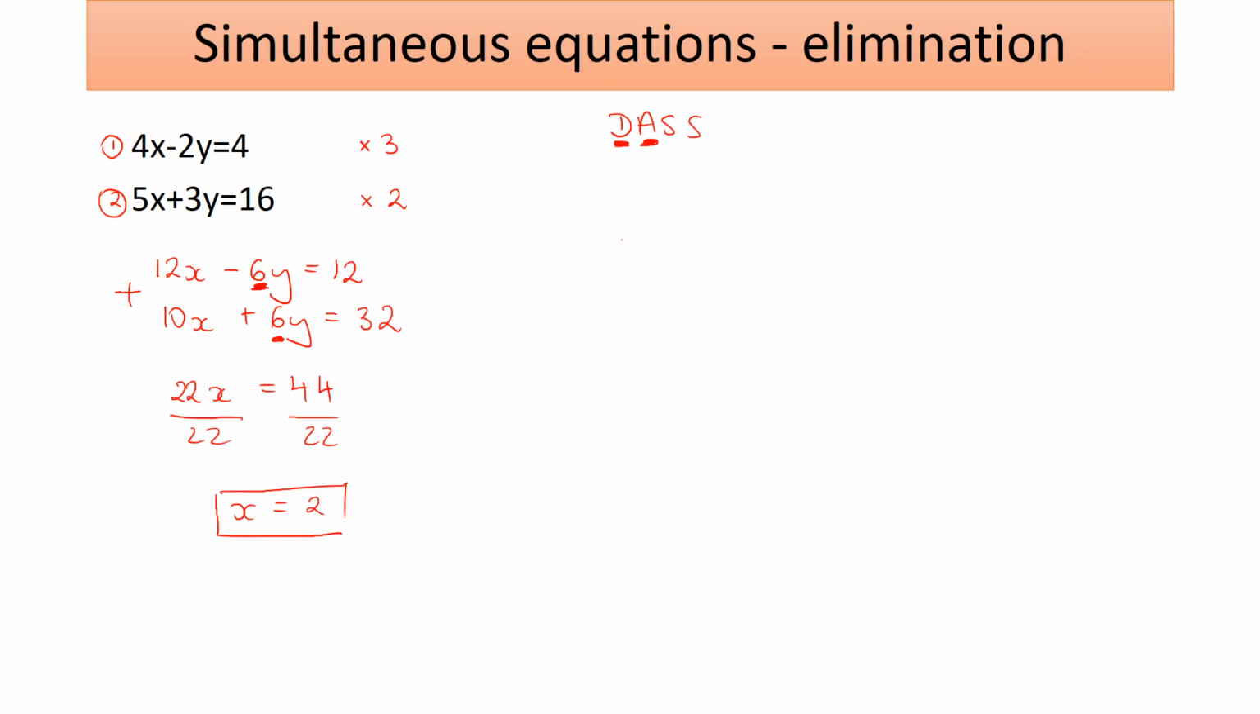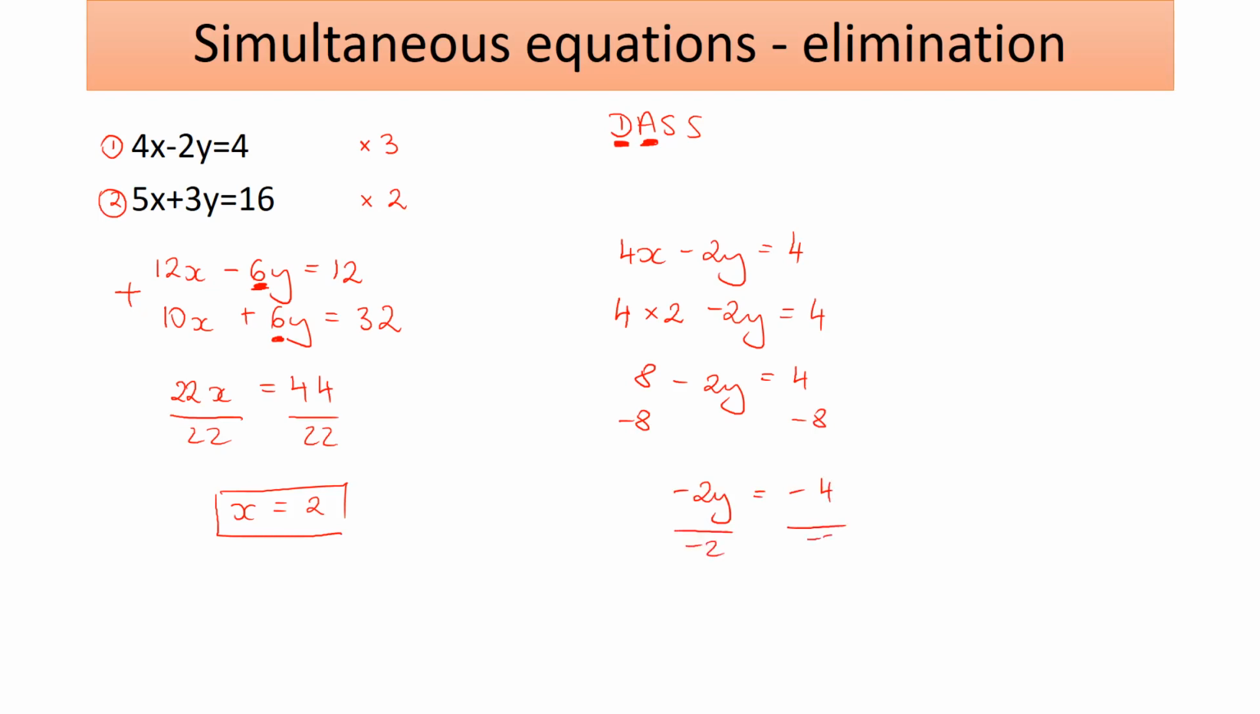Now I can use the first equation and substitute the value of x into it. So that's 4 times 2, take away 2y equals 4. 8 take away 2y equals 4. I take away 8 from both sides. Negative 2y equals negative 4. Then divide by negative 2 and y equals positive